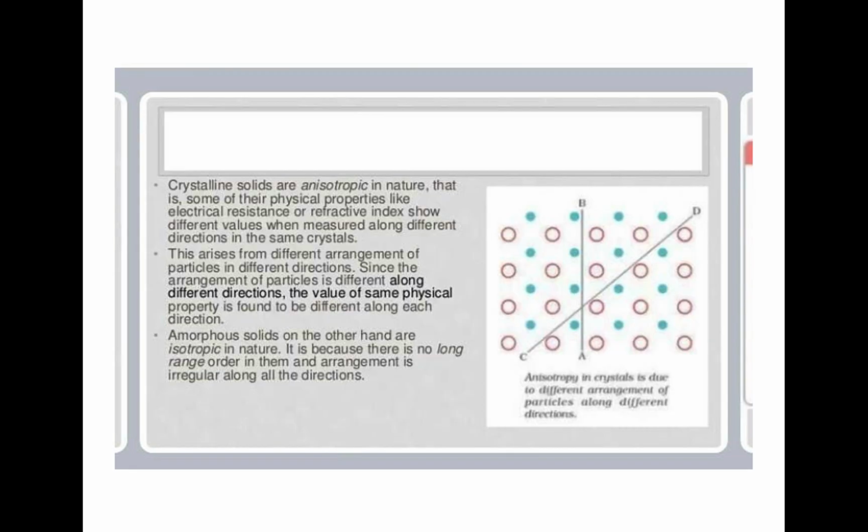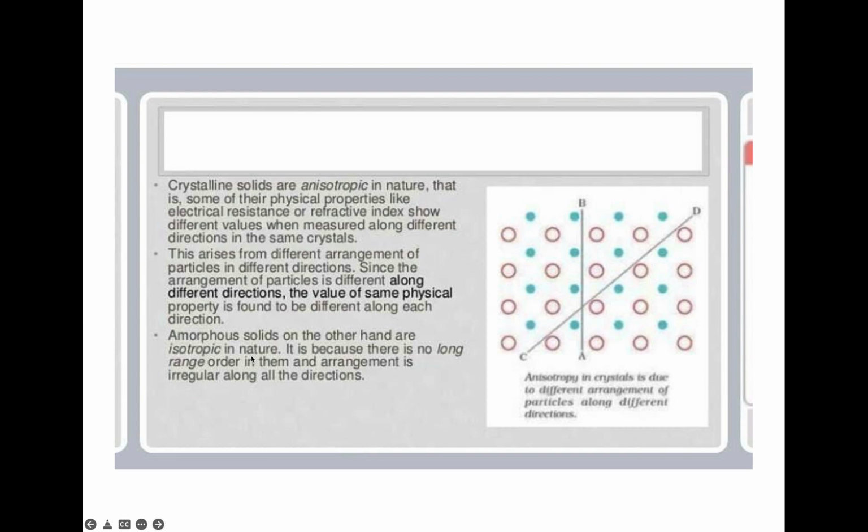Now we were saying that crystalline solids are anisotropic in nature, that is, many physical properties like electrical resistance, refractive index and all that show different values if you measure them along different directions in the same crystal. If you take the same crystal and measure from different directions, the physical properties will show different values. That is what we call anisotropic properties. And why is it happening? Because of the difference in arrangement of particles in different directions. So because of the different arrangement of particles along different directions, some physical property values are found to be different